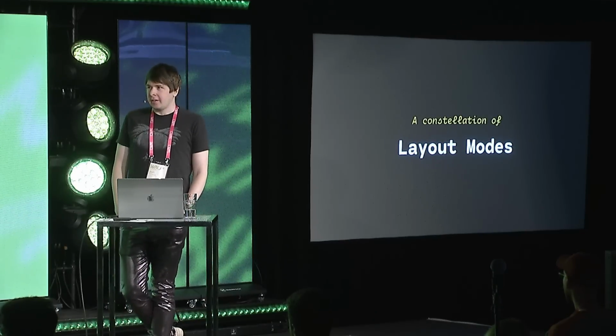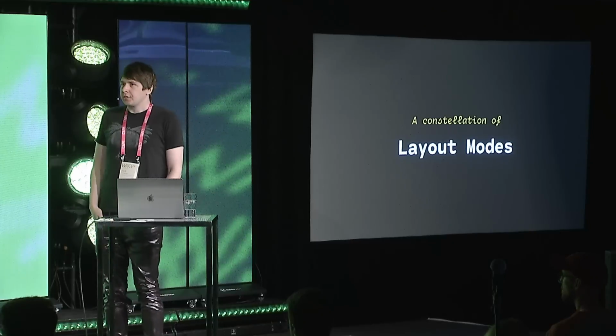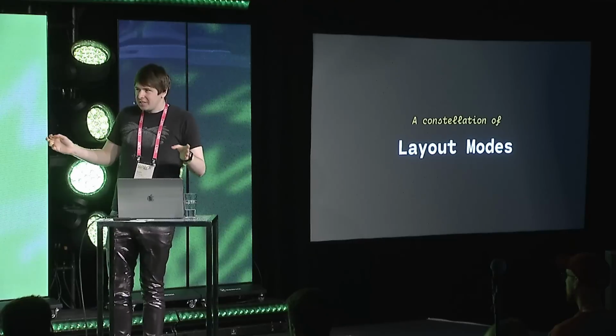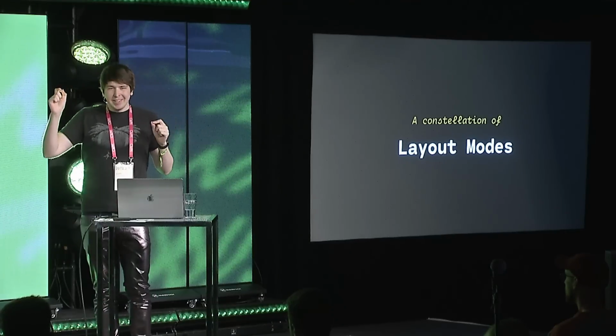So the first thing that really helped me understand CSS was to stop seeing it as a big monolithic language, like a box with all of the different CSS properties where you just pluck the properties that you need. The way that I see it now is as a constellation of layout modes. Essentially, I see CSS as a bunch of mini languages that are kind of separate, that exist under the CSS umbrella. These are things like Flexbox, CSS Grid, table layout, flow layout, right? There's a bunch of them, and they all serve different purposes within CSS, and they all behave really differently. A perfect example of this is, and this is also something that makes CSS feel really inconsistent,